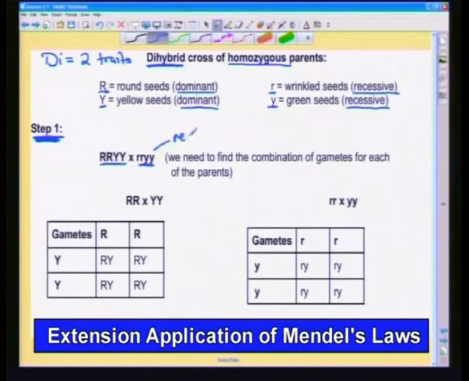So that will be recessive, and this is going to be dominant. So homozygous dominant and homozygous recessive. Okay, now we've got these parents, but now we have to find the combinations of the gene, at least of the gametes,